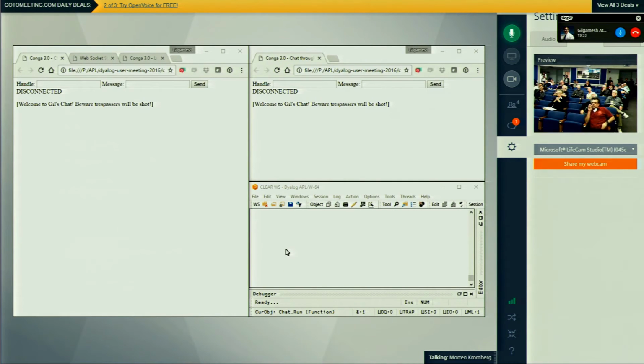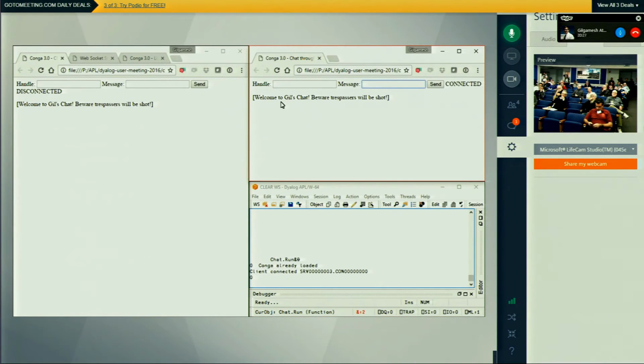I've prepared my screen a little bit. As you can see, I've got 3 sections here with the dialog session in the bottom right corner. And I've brought up 2 browser windows here to demonstrate a very typical application, a web application that requires WebSockets, and that's a chat application. On the APL side, I'll start my application, my WebSocket chat server, in a separate thread.